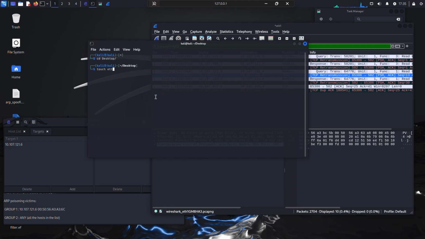So here we'll create an Ettercap filter file for us to write the logic for the filter. I'm going to use Vim, but you can use Vim or Nano to edit the file. Alright, so let's first filter for Modbus requests using TCP and having a destination port of 502. So if ip.proto equal to TCP,